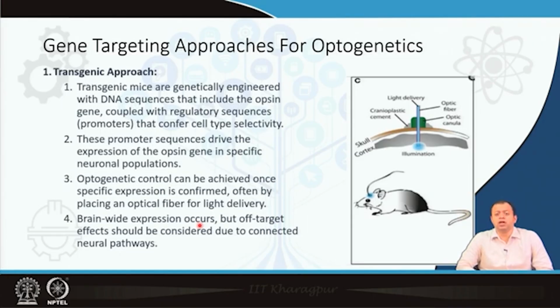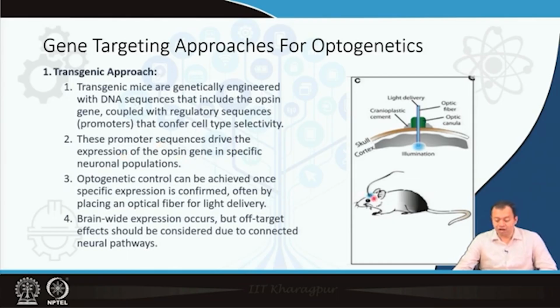foods, genetically modified organism food, brinjal. There was a controversy about GMO brinjal coming up. So, transgenic mice are genetically modified mice, genetically engineered with DNA sequences that include the opsin gene coupled with a regulatory sequence. The promoter sequence, the sequence that starts the gene, drives the expression of the